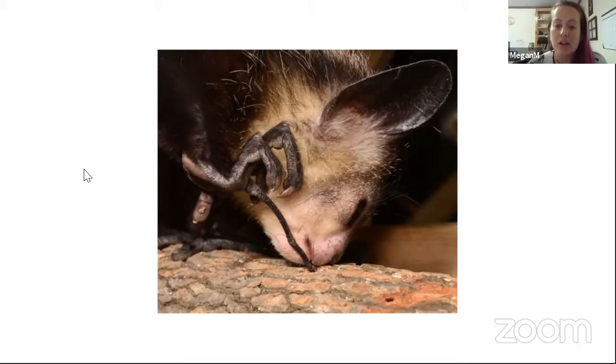But the tapping finger is very, very specially adapted. There's actually only one other animal in the world that has a finger like this, and it's totally unrelated to Ayeayes. There's a type of squirrel in Asia that has a finger like this, and we think it was something called,